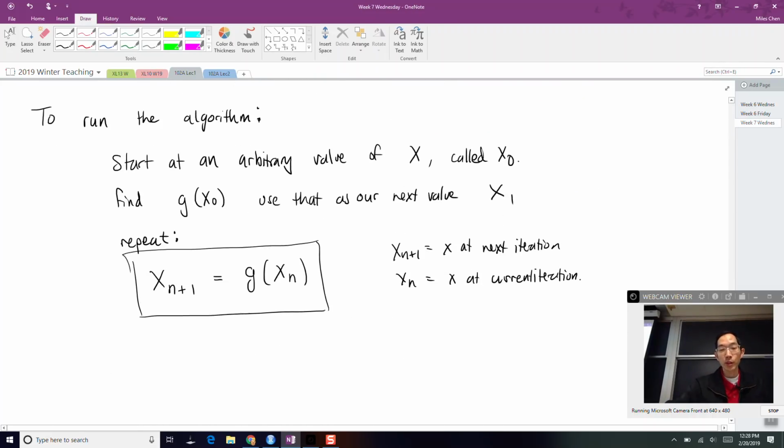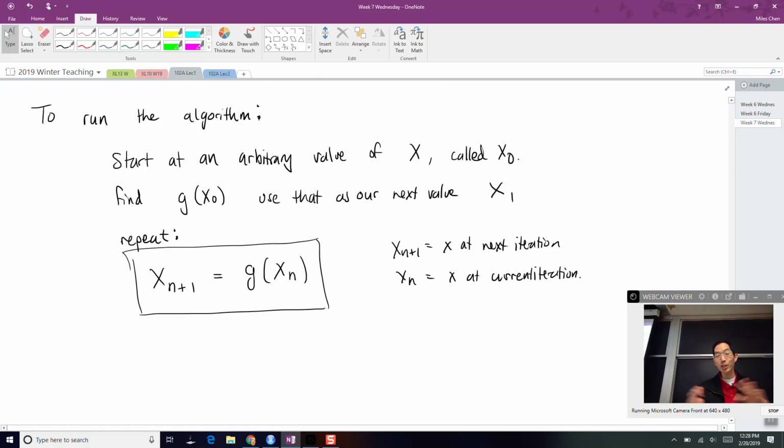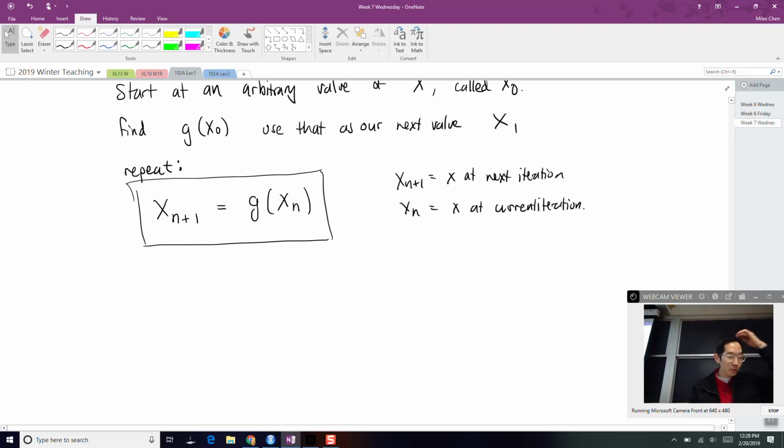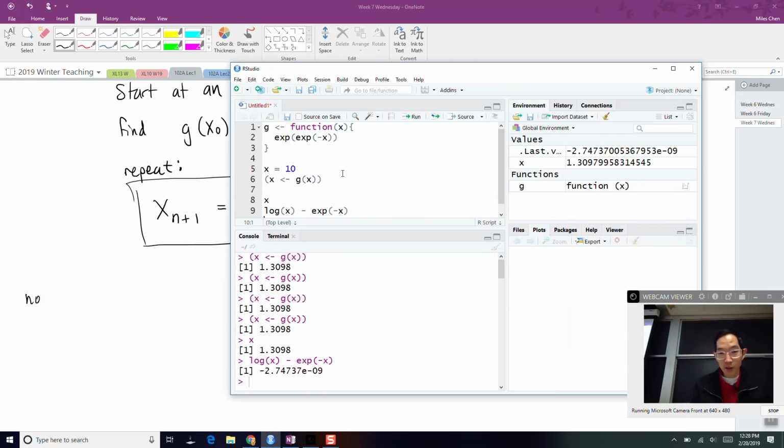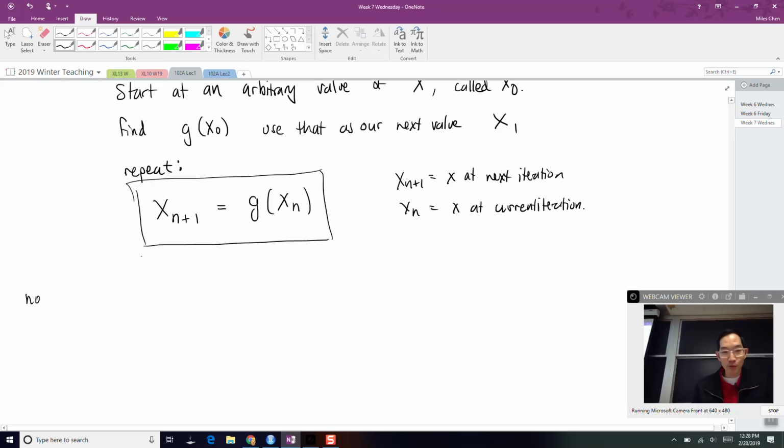But again, the problem is not all functions will have an attractive fixed point. So if we tried something else. Here, I just kind of manually did it and we were just kind of eyeballing to see when it stopped, right? But probably, if we wanted to write some pseudocode here,